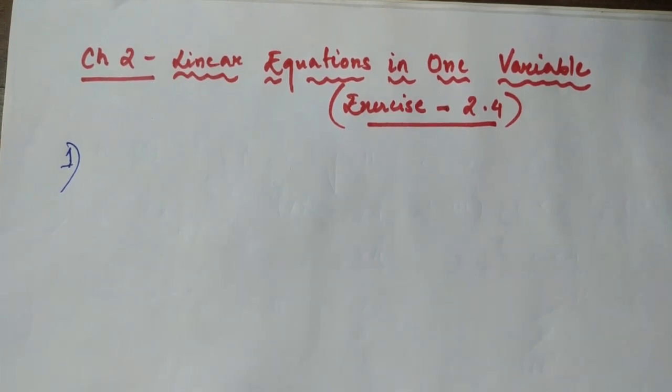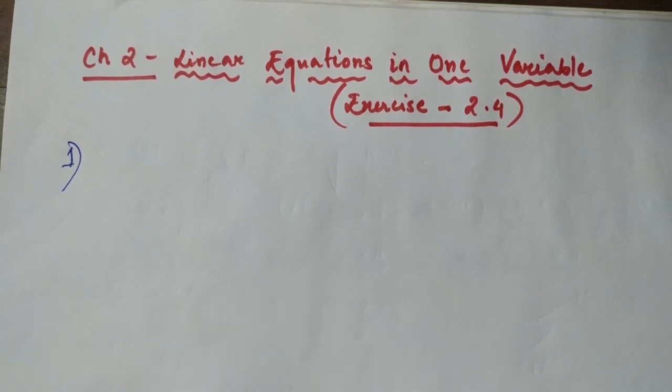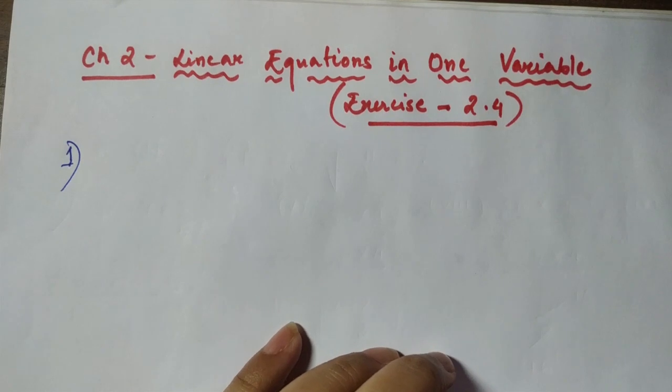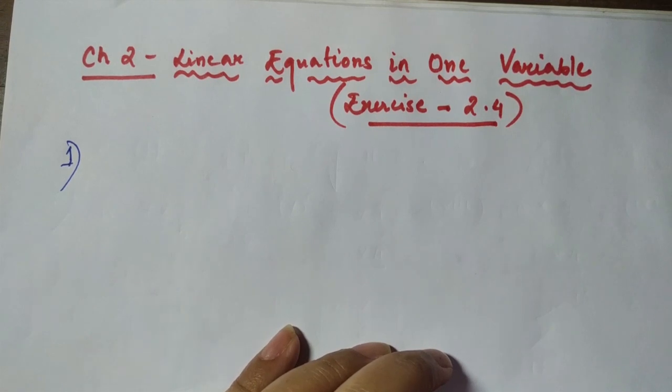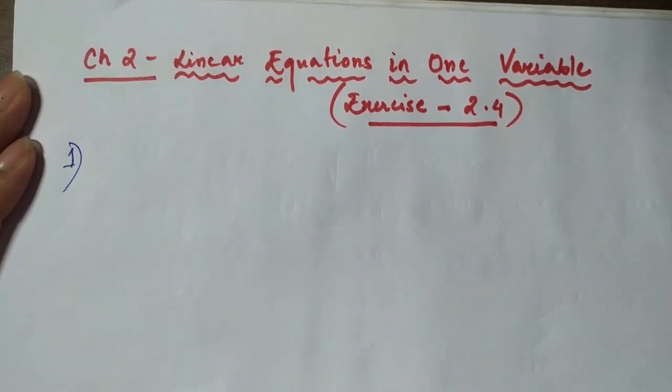We'll be trying to solve it now. So let us get started with question number 1. In question number 1 it is said: Amina thinks of a number and subtracts 5 by 2 from it. She then multiplies the result by 8. The result now obtained is 3 times the same number she thought of. What is the number? So what we will do?